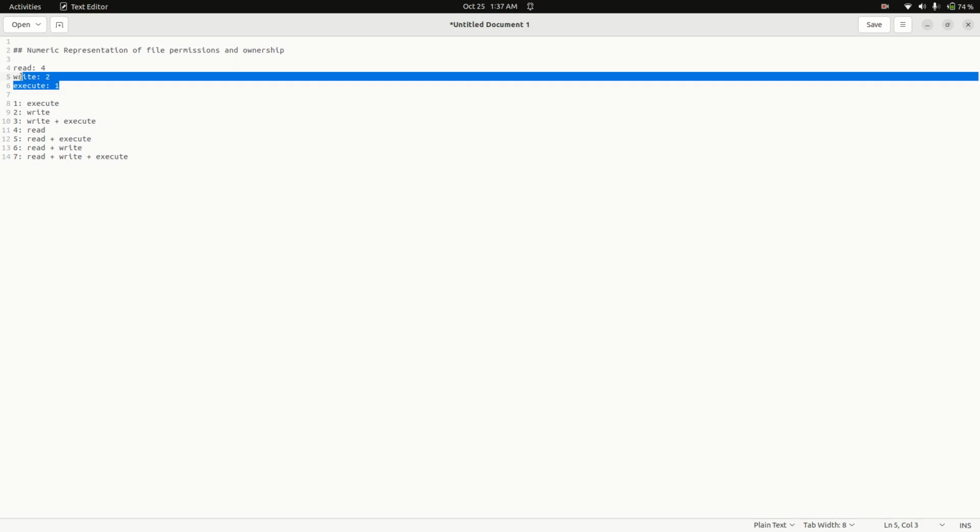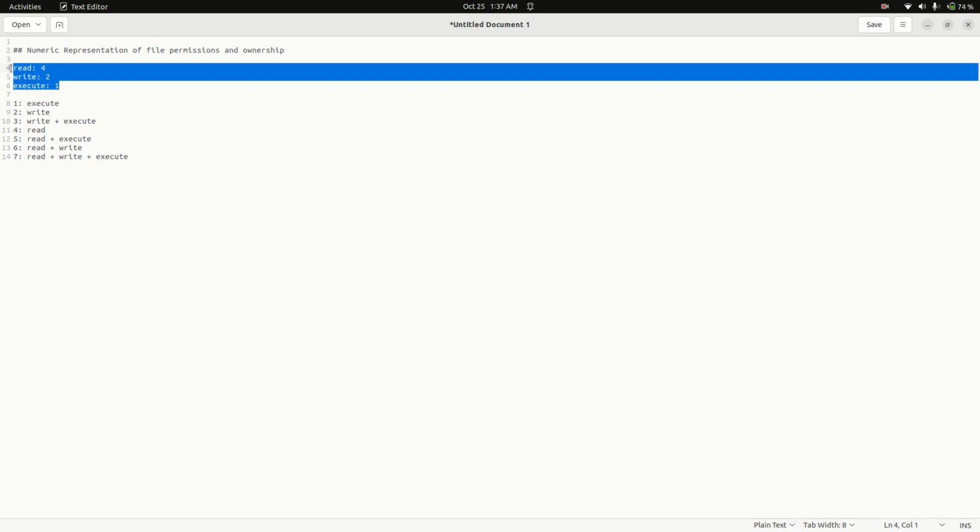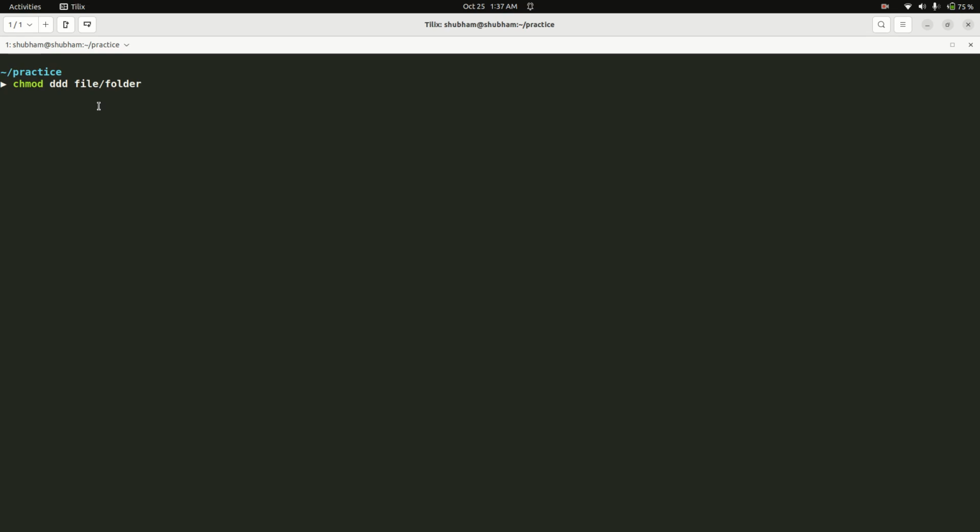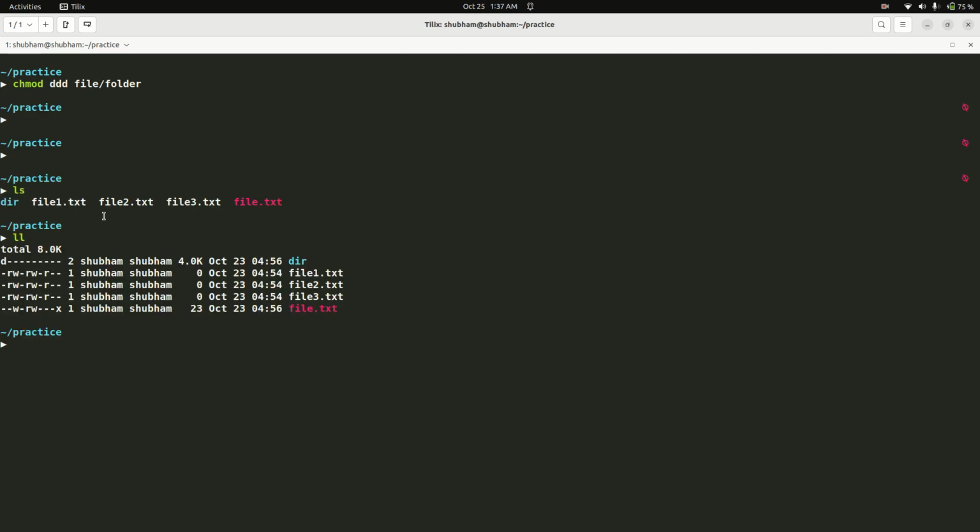So you have to learn only these three values, then you can easily do numeric representation for file permissions and ownership, okay. So let me tell you how you can do that. Okay, here you can see